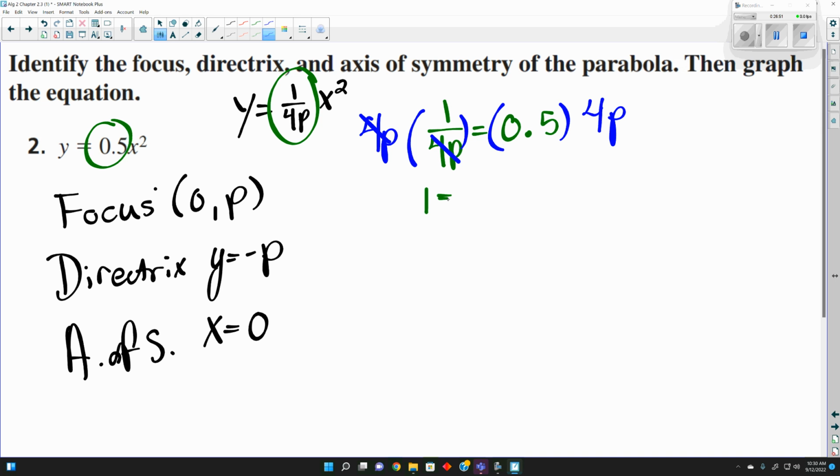What's half of 4? We can also do that in a calculator, 0.5 times 4. What do we need to do next? Divide both sides by 2, telling us p is